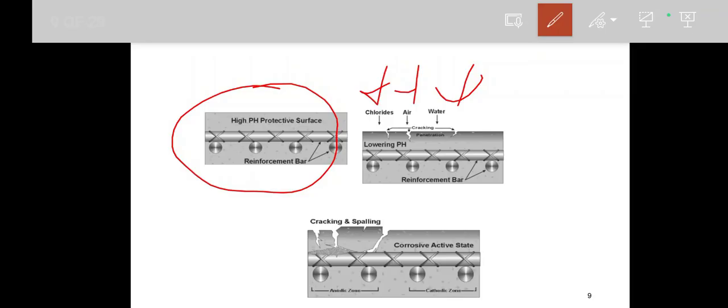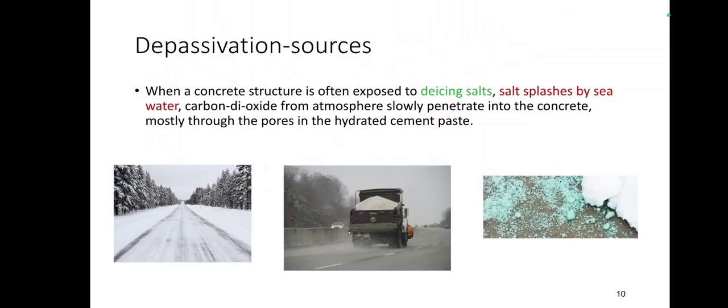So how this will happen, you can see in this picture clearly. This one has a high pH protective layer, so by entry of water, air, chloride or carbon dioxide, it will react with water to form carbonic acid or hydrochloric acid, and thereby that passive layer will be disturbed and the pH will be lowered, and then corrosion will initiate and cracking and spalling will happen. So when this depassivation happens by entry of chlorine, water and air, normally